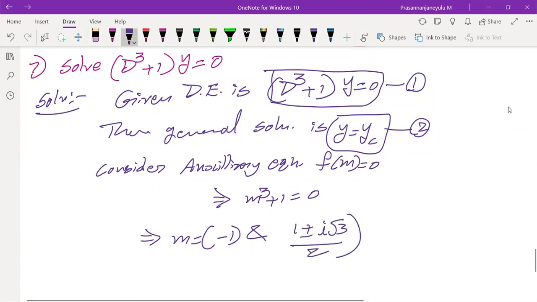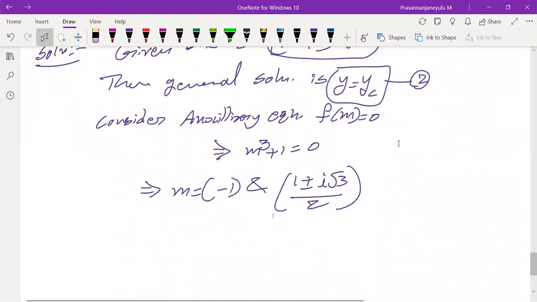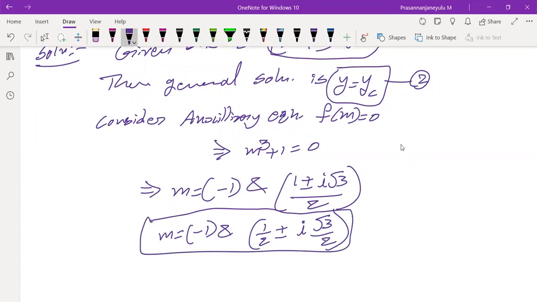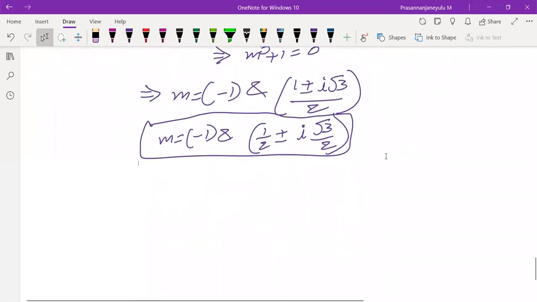So in total, how many roots did we get? Three roots. I am writing like this: m equals minus 1 and 1 by 2 plus or minus i into root 3 by 2. Now tell me, one root is a real root and the other two roots are complex roots. There may be a chance of mixing of real and complex roots. Then what is the complementary solution? Therefore, the complementary solution